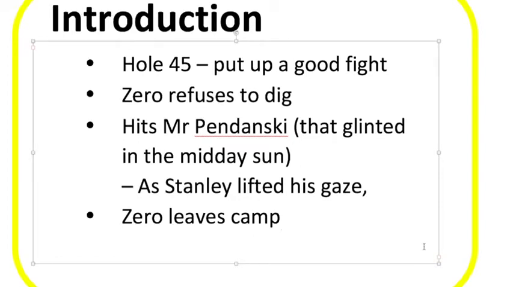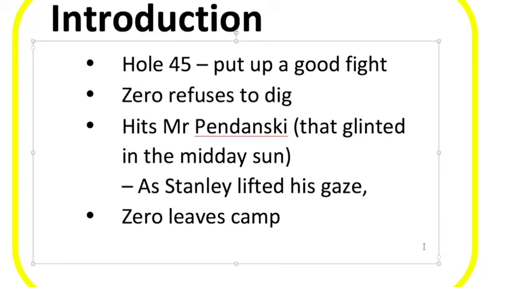So I've got my 4 key bullet points for my introduction. Hole 45, Zero refuses to dig, hits Mr. Pendanski, Zero leaves camp. I've planned some figurative language, so put up a good fight. I'm going to try and get some personification in my story tomorrow. I've planned adverbials. I've gone for a fronted adverbial in between my last 2 key points, as Stanley lifted his gaze.